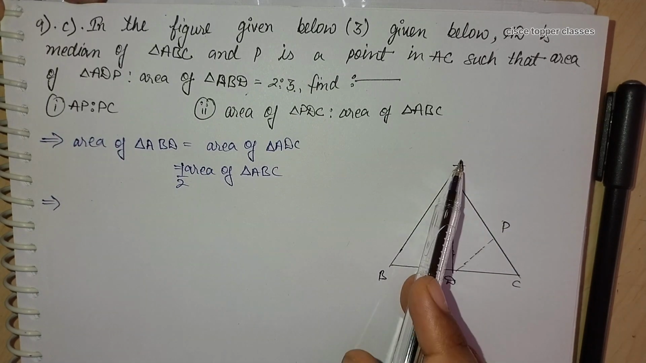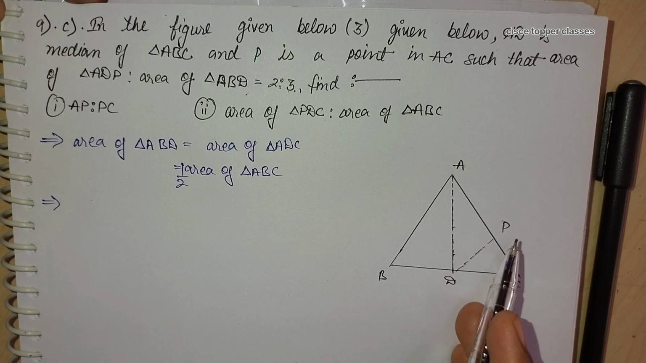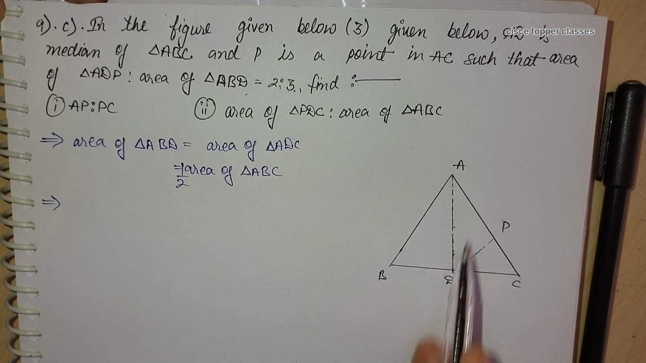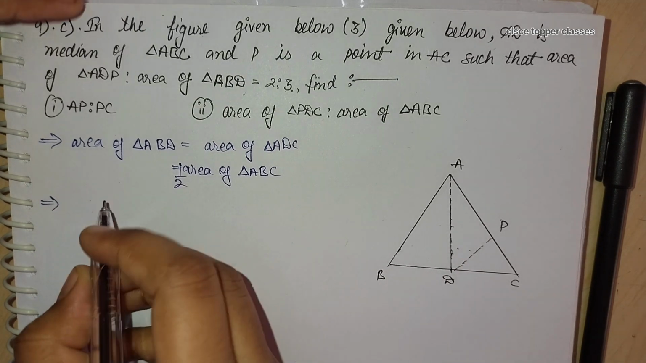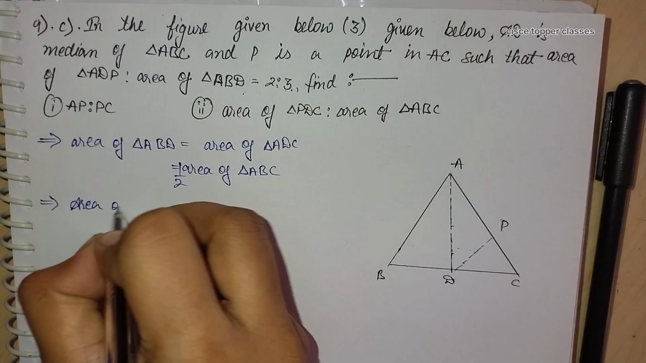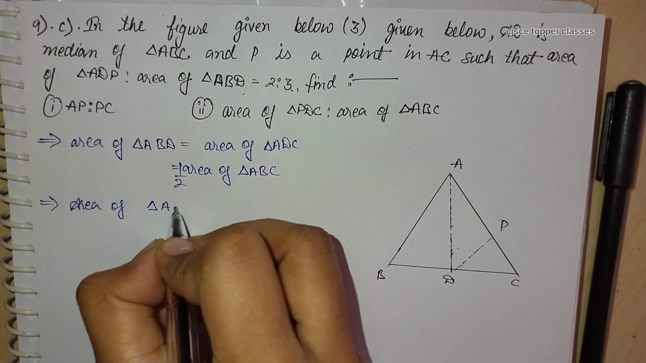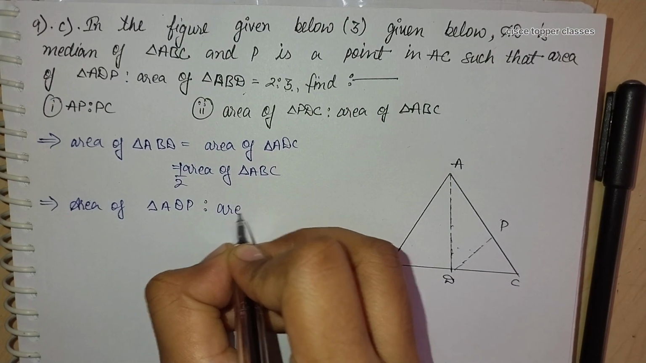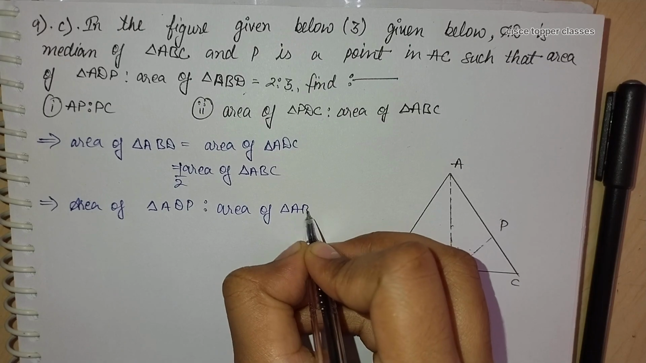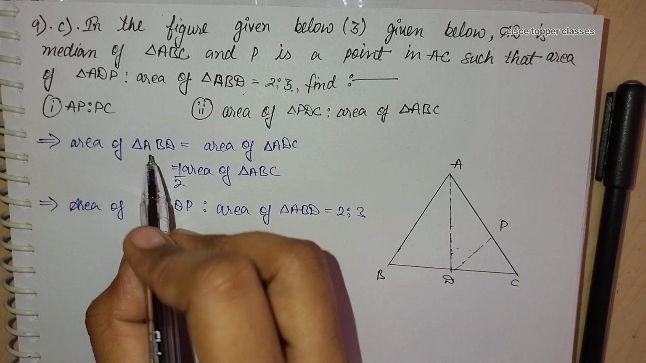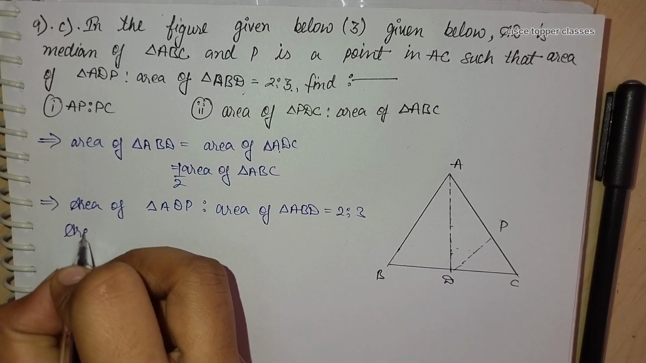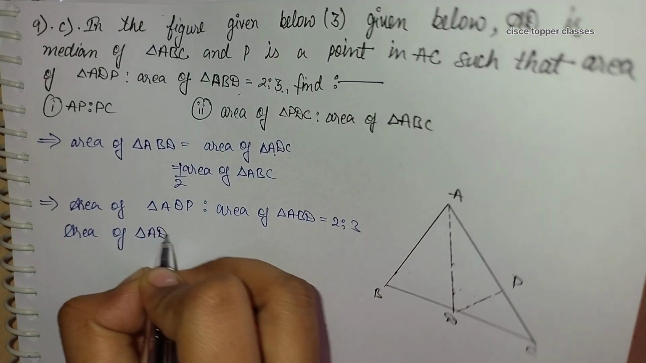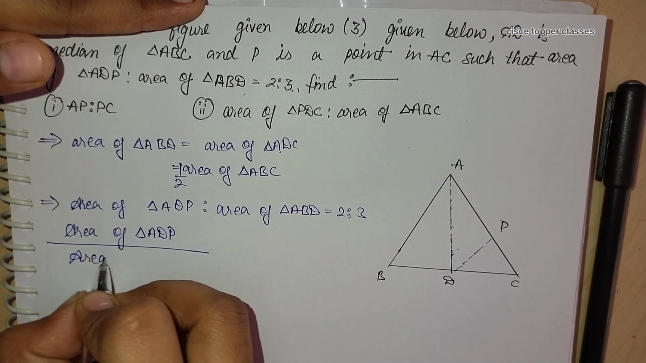Here we have area of triangle ABD is equal to area of triangle ADC, because AD divides it into two congruent triangles, and each is equal to half of area of triangle ABC. From here we can write, it is given to us area of triangle ADP ratio area of triangle ABD is equal to 2:3, and ABD is equal to area of triangle ADC. So we can write area of triangle ADP divided by area of triangle